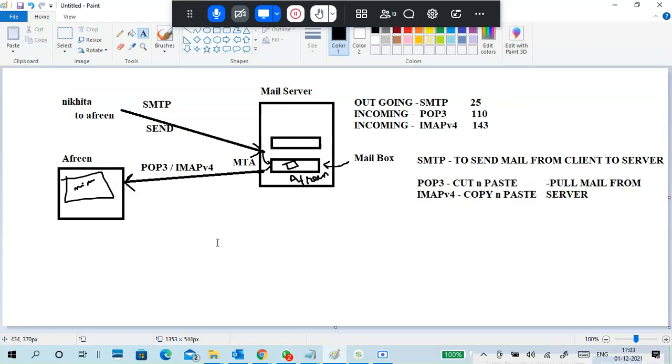Okay. Next, I told you about mail servers. So what is a mail server? When you send a mail, the mail server receives the mail and puts it into the recipient's mailbox, the address it is sent to. They drop the mail into that mailbox, and the client, meaning the other user, will pull the mail from the mail server using POP3 or IMAP protocols, depending upon what they are using.